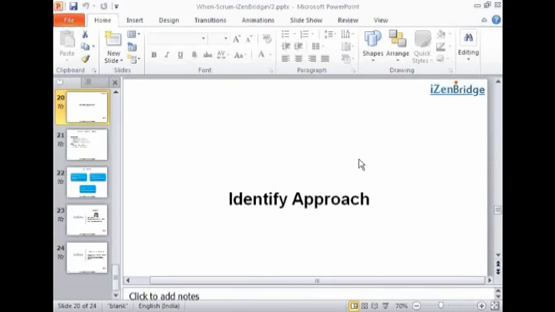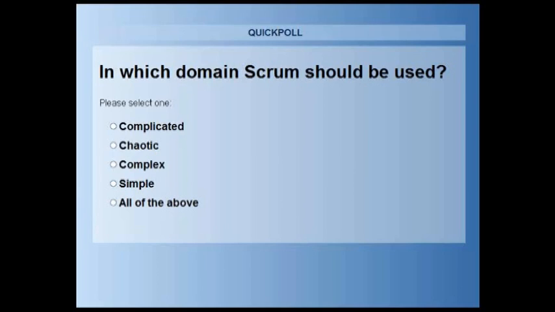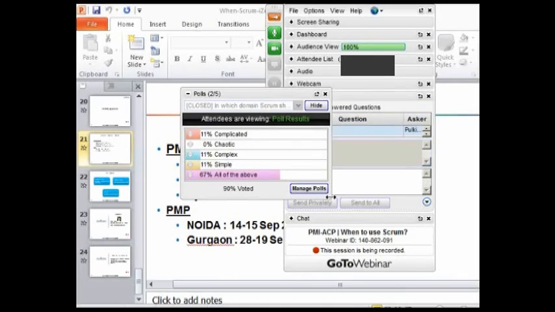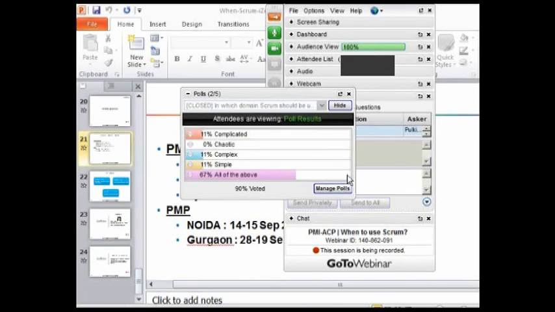So here we have the first one. Now we are finding that many of you are voting that Scrum can be used in all of the cases. Can someone try to explain to me why you want to use an empirical or a Scrum process where the situation is very simple? For example, delivering a burger in a fast food restaurant. Do you need to show the burger before giving it to the customer? Does it look okay? Does it taste good? Is it acceptable to you? Then only pay the money. Do you want to do that?